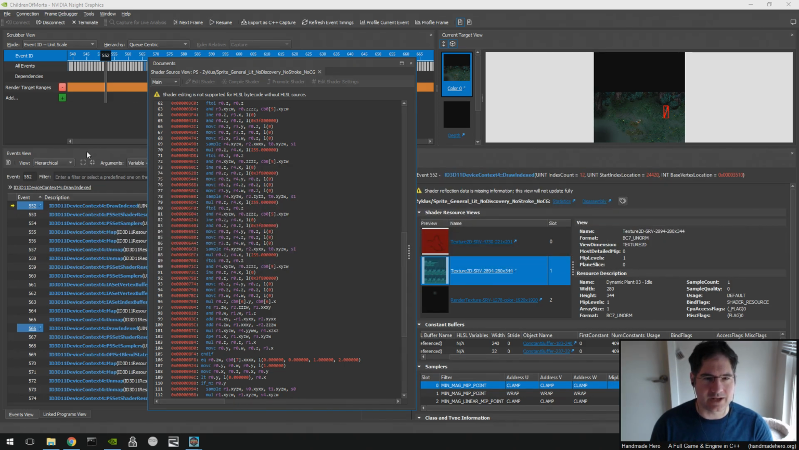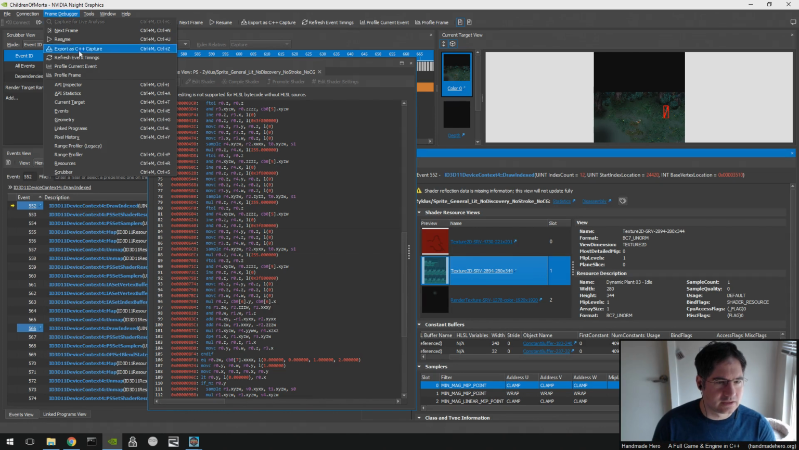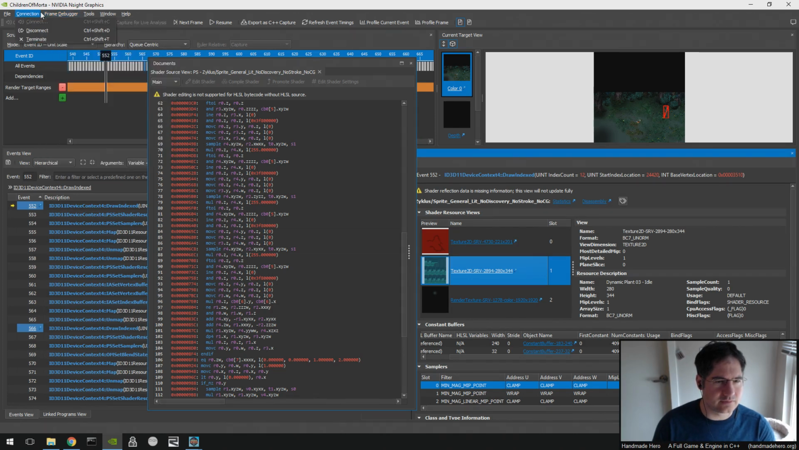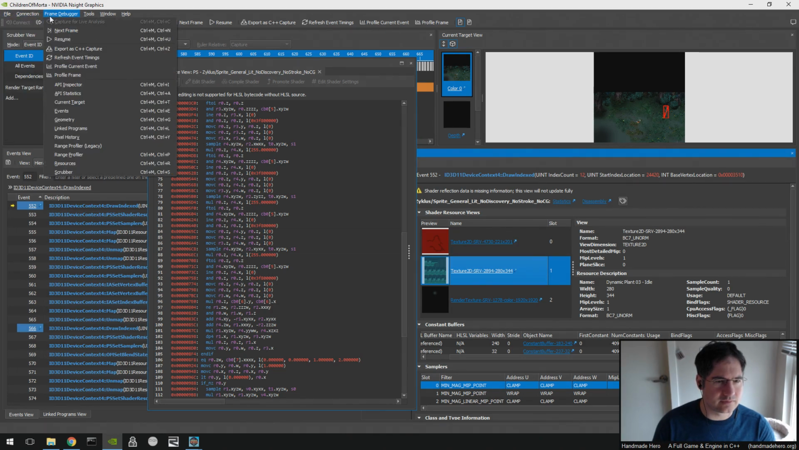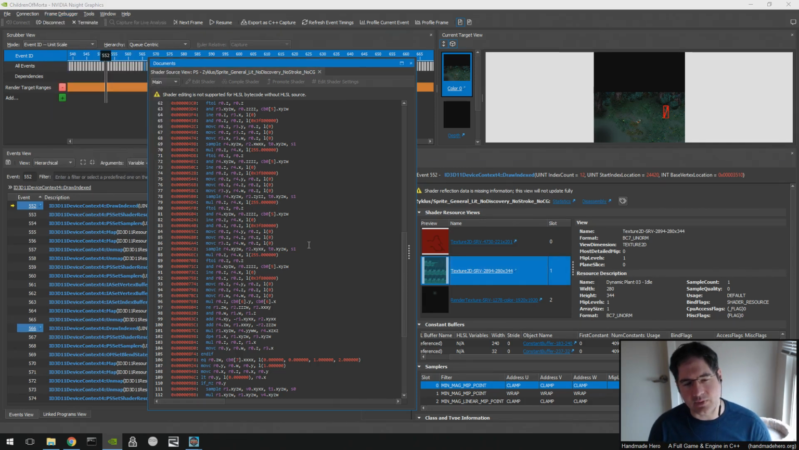Maybe if I do resume, I don't know if that will destroy my frame, though. I don't know to what extent exporting this as a C++ capture would actually work. It would be interesting to see if that did work. That would allow us to potentially edit the shaders as well. So maybe we could do something like that. I'm not sure. Anyway, the point is, I wanted to show you